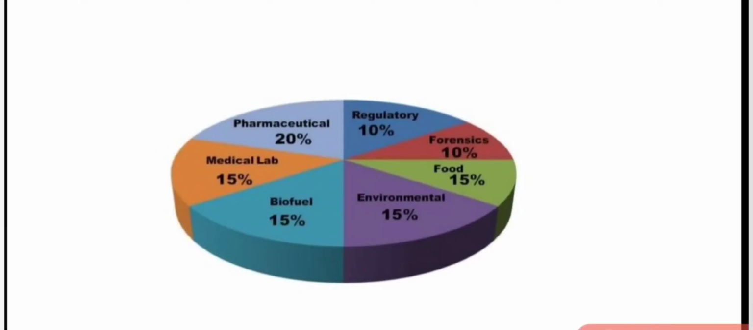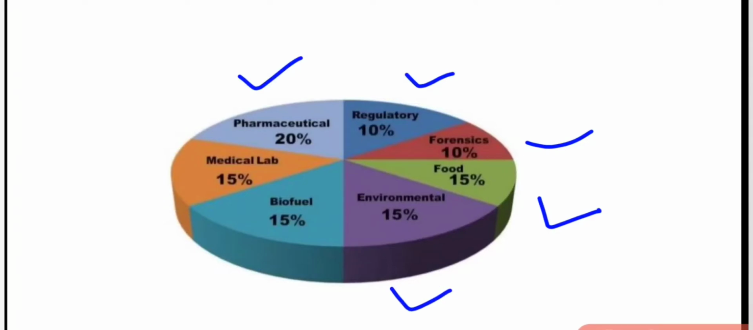This pie chart is explaining the different areas the biotechnology deals with, or we use biotechnology in these areas, and the percentage given role played by biotechnology in these areas. Like in pharmaceuticals, we use biotechnology, and 20% of biotechniques are used in pharmaceutical industries, 10% in regulatory industries, 10% in forensic sciences, 15% in food industry,